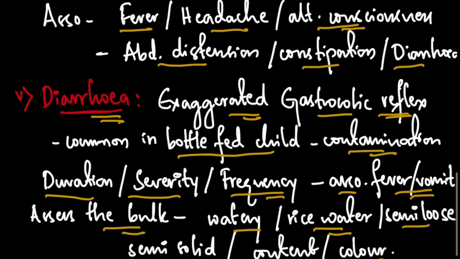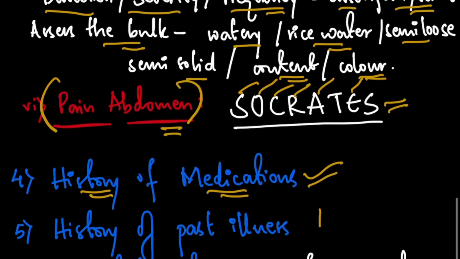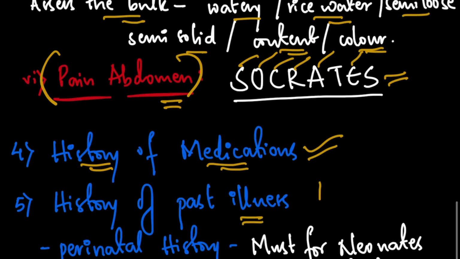After the detailed history of presenting illness, we'll wind up with the history of any medications received in the past, and whether that was responsible for these complaints. Then we'll go for the history of past illnesses. In this, we'll ask whether the child had similar complaints in the past or whether it is the first time. We'll also ask about the details of the perinatal history, and this perinatal history is a must for